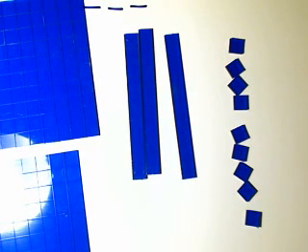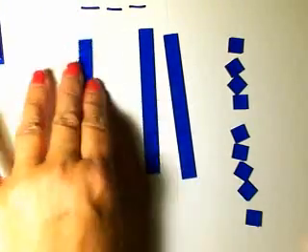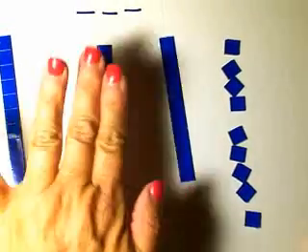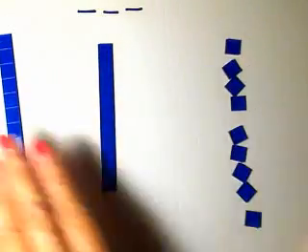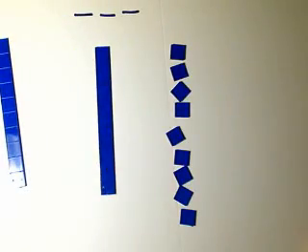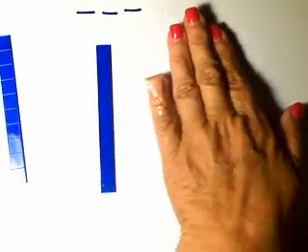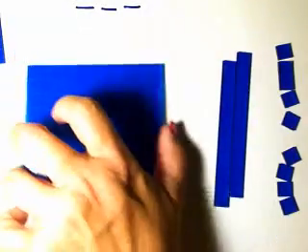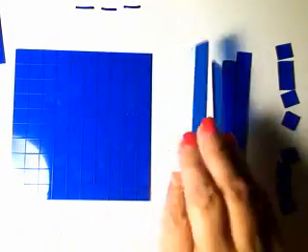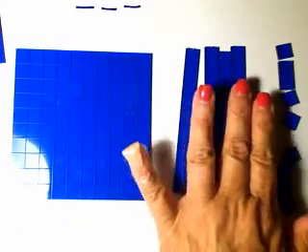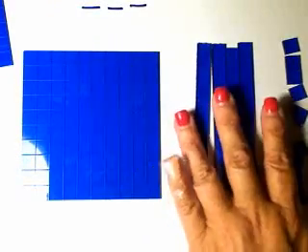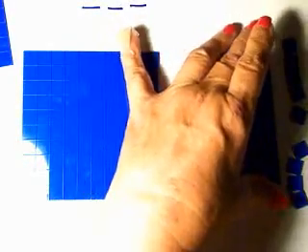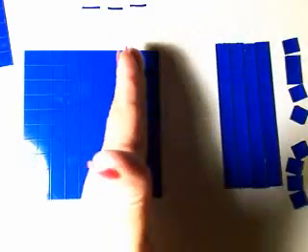But one characteristic that you need to remember about base 10 blocks is the fact that if I have a rod, I can pull it apart and have 10 pieces to go with it. Or if I have 10 pieces, I can put them together and make one rod. Likewise, if I have one flat, I can pull it apart into 10 of these rods. I've just got 4, but I can pull it apart into 10. And likewise, if I have 10 of these rods, I can put them all together and make one of these